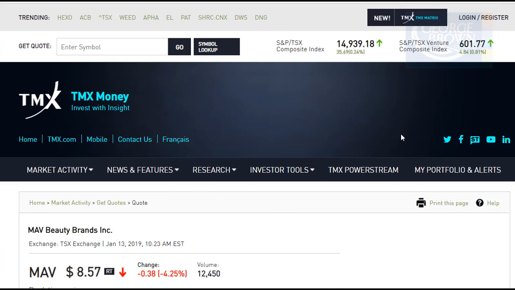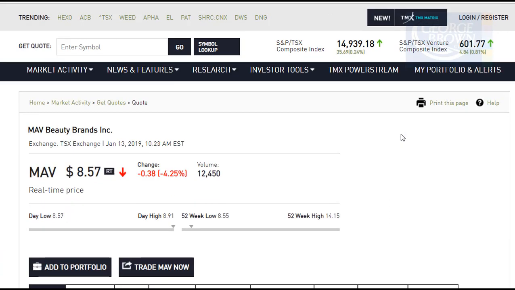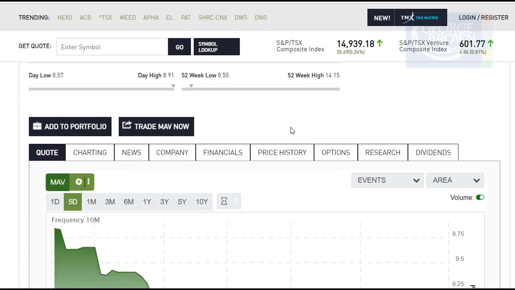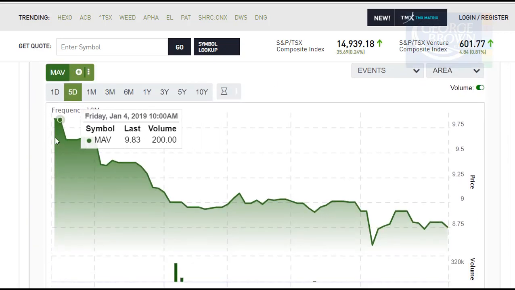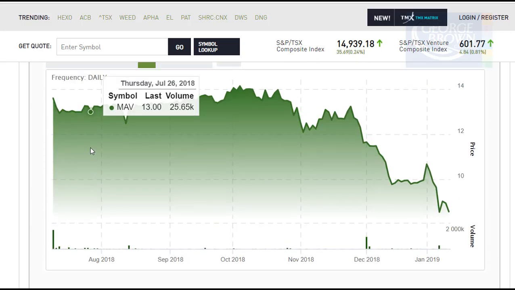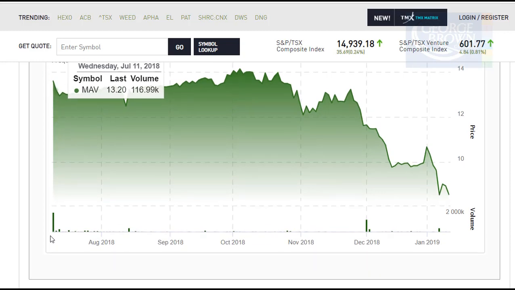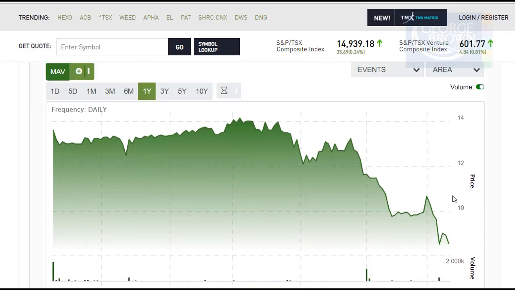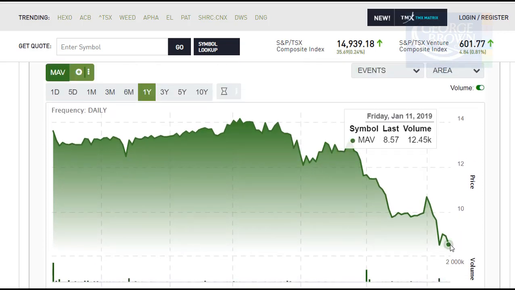And if we just follow up, so we saw that MAV was being issued at $14. I'm just looking at the stock quote. It's on the TSX Exchange, January 13th, 2019. And you can see MAV, the last price traded, was $8.15, and not very much volume, okay? If we look here at the charting, you can see that if I go on to 1 year, the stock was issued back in July of 2018, and you can see it's come down considerably in price. The last price now